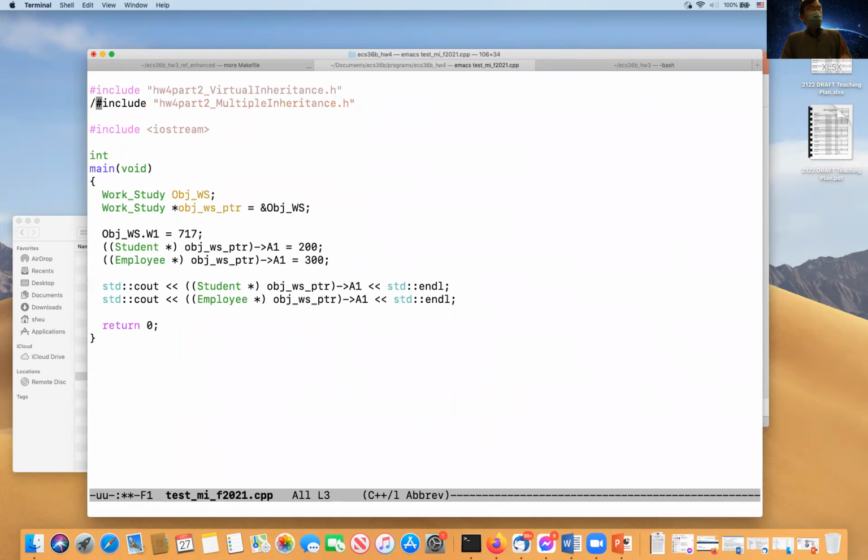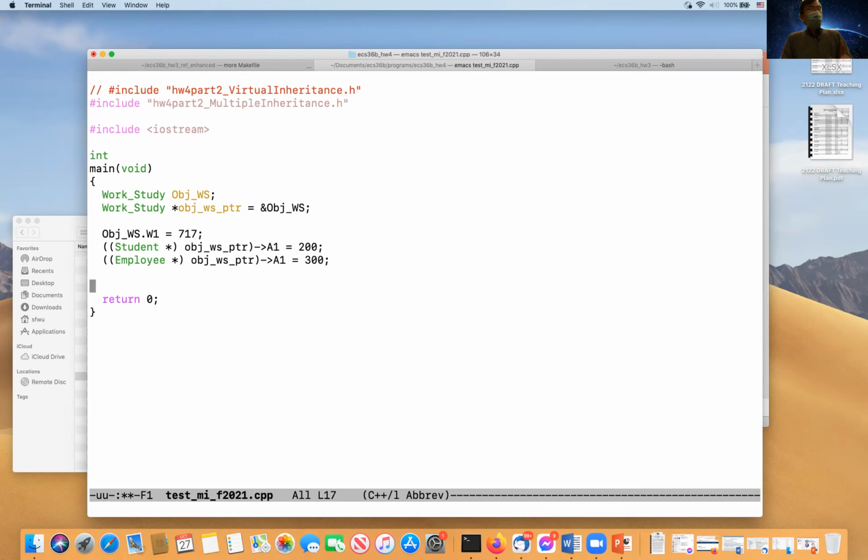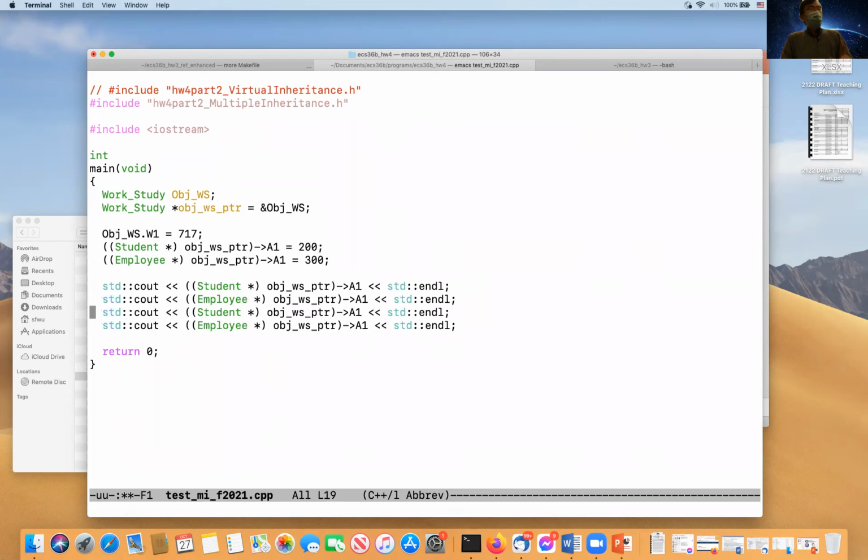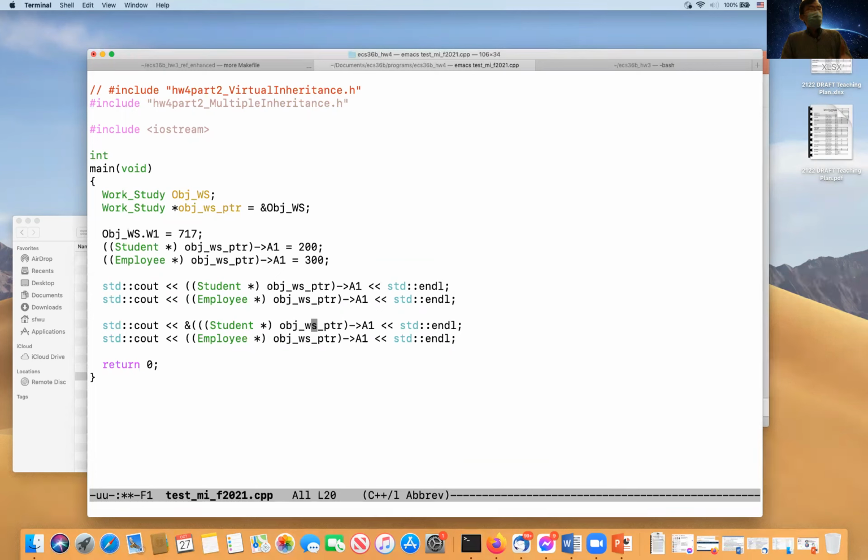Let me get back this part, the multiple inheritance. What I'm going to do is print out the memory address of this. Very simple, I do ampersand of this. That's the ampersand, that's the memory address.